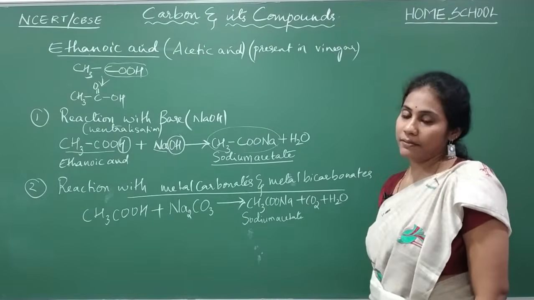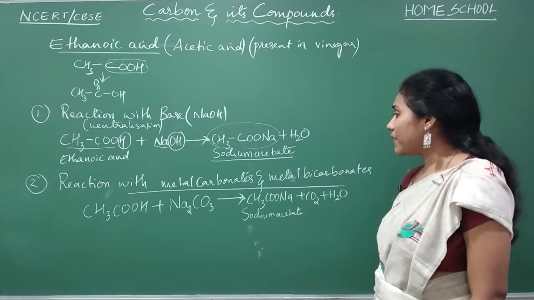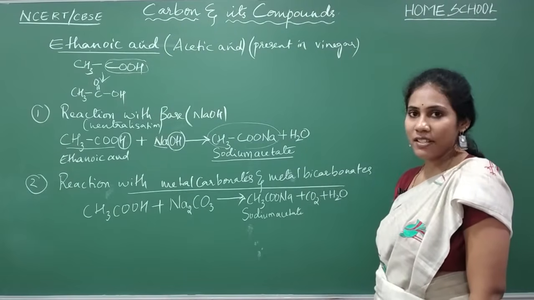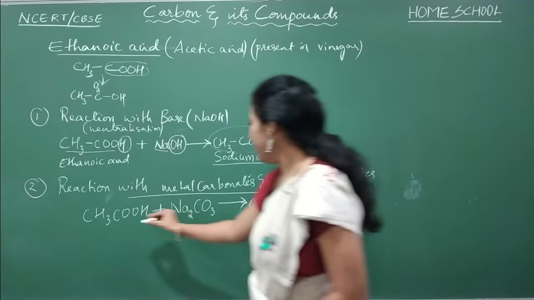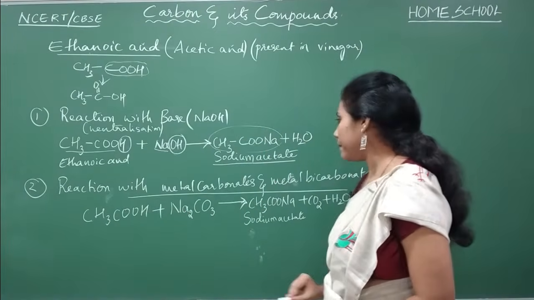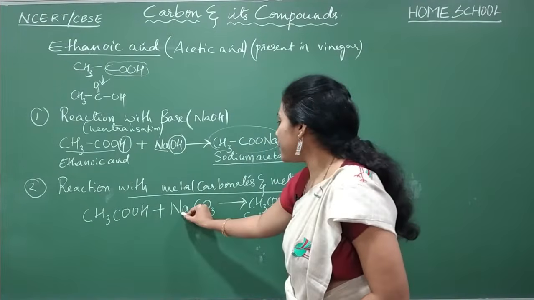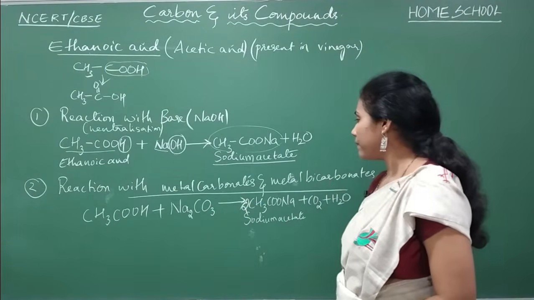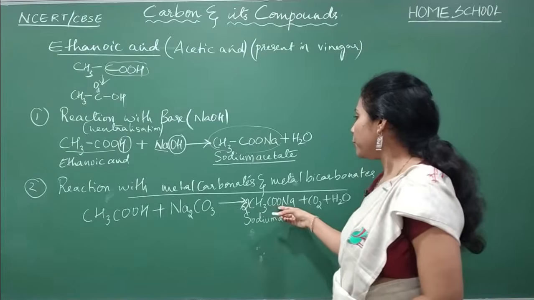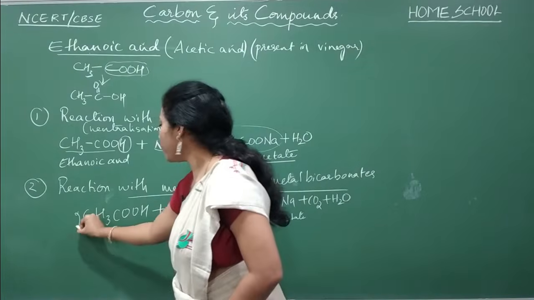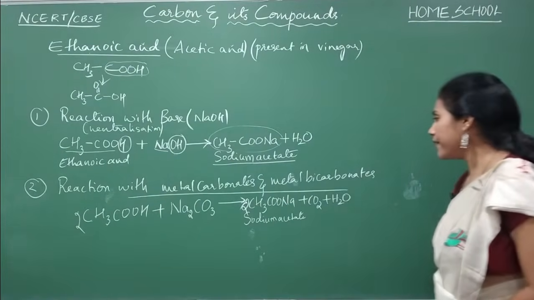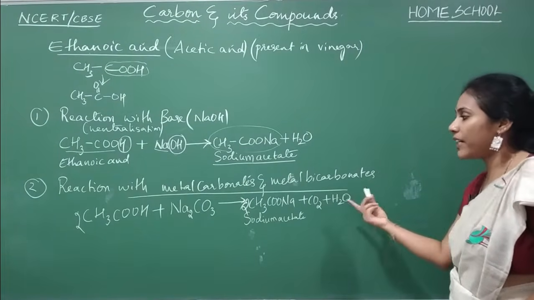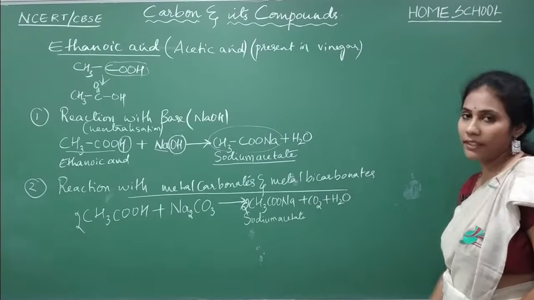Sodium acetate. So now, is the reaction balanced, guys? How do you balance this? See, one carbon. Okay. Now check sodium, 2 sodium, 1 sodium. So I will put 2 here. Okay. So when I put 2 here also you will have to put 2, isn't it? So now I think the equation is balanced. If you want, you can check with every element and find out.